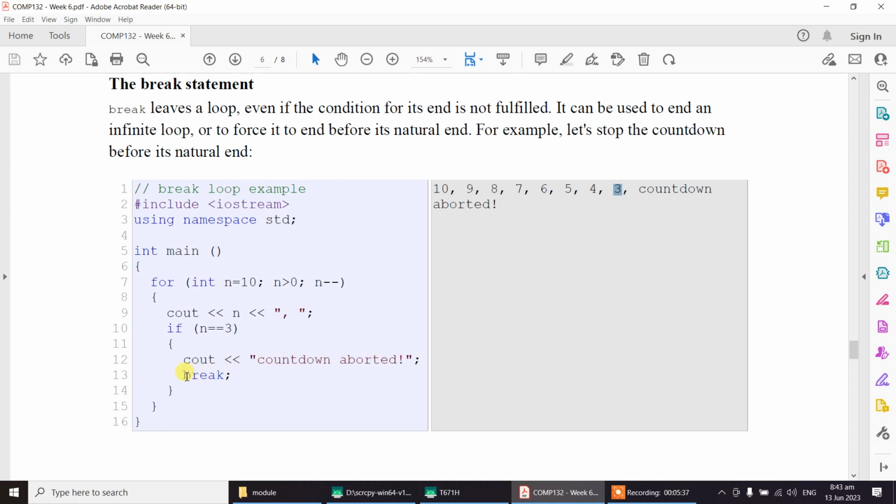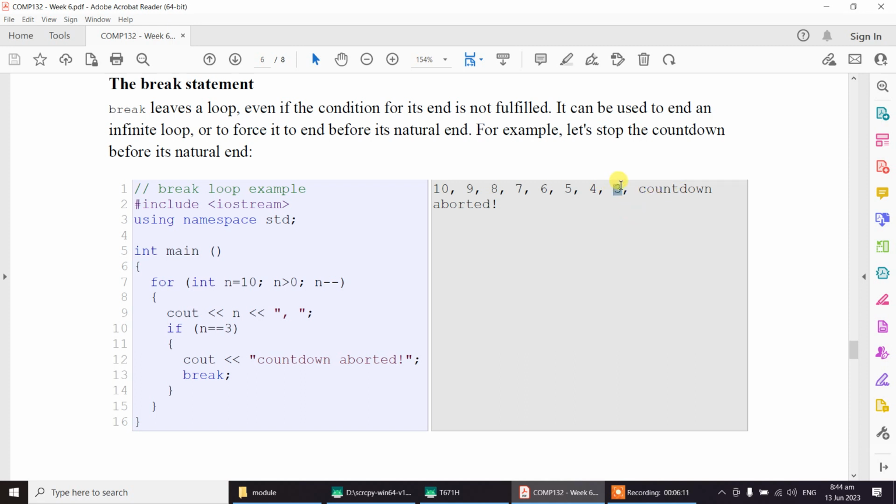Countdown aborted means we broke when the number encounters 3. So if it encounters any number from here, it will perform the break statement. That means it will force the loop to stop at the number 3 value. So when the countdown goes 10, 9, down to 4, instead of proceeding to 2 and 1,